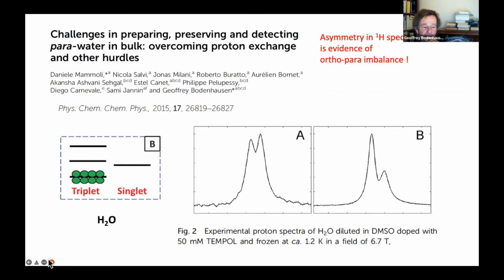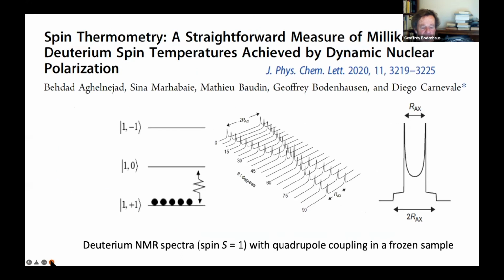But before proving that, I have to make a little excursion and briefly go to another paper, which is about deuterium NMR. So this is a single deuteron, ideally, at low temperature, at about 1 Kelvin. And to explain this, I have to say, before discussing symmetry, that for a single deuteron, we have no singlet state, but only a triplet. And there are 2 single quantum transitions, and they are split by the quadrupolar coupling. So you have a doublet like this for a given orientation.